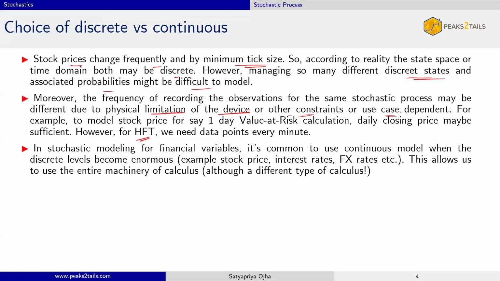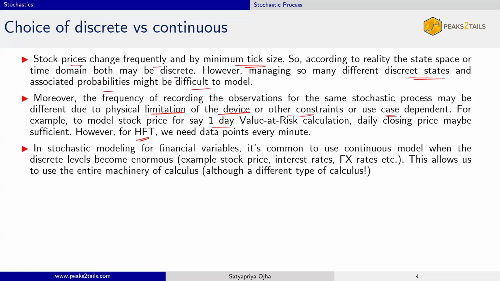For example, if you're calculating 1 day value at risk, I know we have not talked about value at risk yet. It's just a risk measure that you calculate. In 1 day, how much can you lose? That's the high level definition of value at risk at some confidence interval. If you want to measure 1 day value at risk, do you need minute by minute stock price detail? It's an overkill, right? You don't need high frequency data. You just need daily closing price. That is sufficient for you to model how much you can lose in 1 day. So the frequency matches with the use case, correct? So that is one.